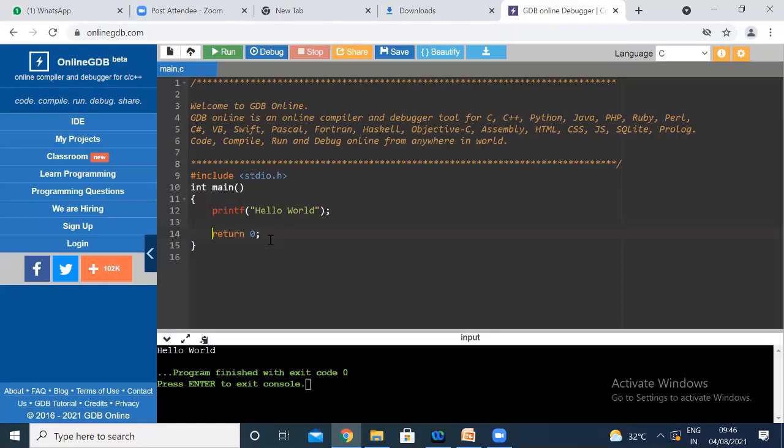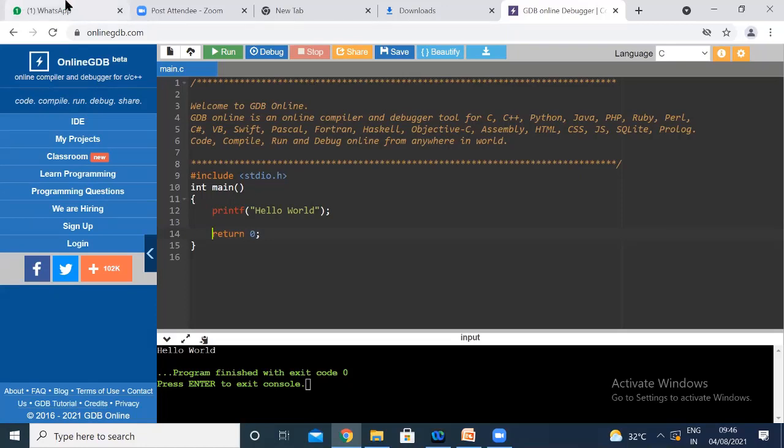Here this IDE is accepting, but some IDEs won't accept this int main also. In campus drives, in exams like HackerRank, in those IDEs the return data type for main should always be given as integer, not void. Remember it.